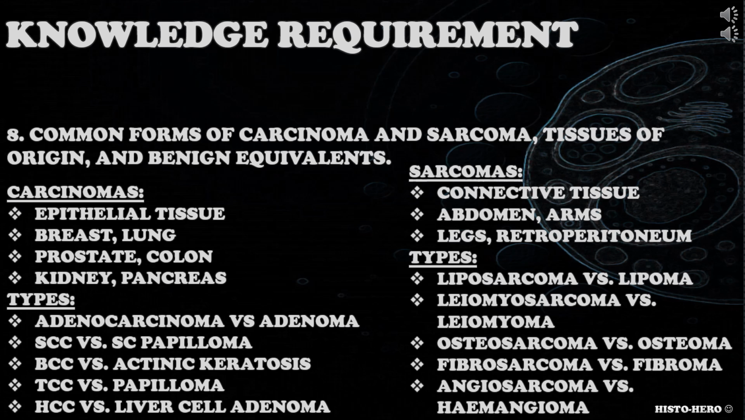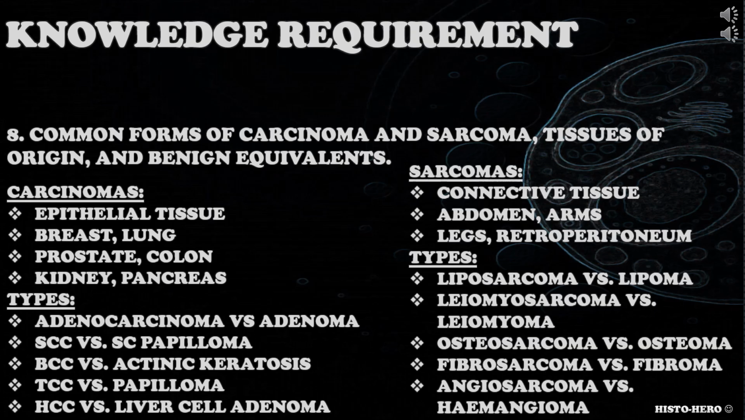When addressing this knowledge requirement, candidates should consider carcinomas and epithelial tissue origin, their common locations like breast, lung, prostate, colon, kidney, and pancreas, their types and benign equivalents like adenocarcinoma and adenoma, squamous cell carcinoma and squamous cell papilloma, basal cell carcinoma and actinic keratosis, transitional cell carcinoma and papilloma, hepatocellular carcinoma and liver cell adenoma,